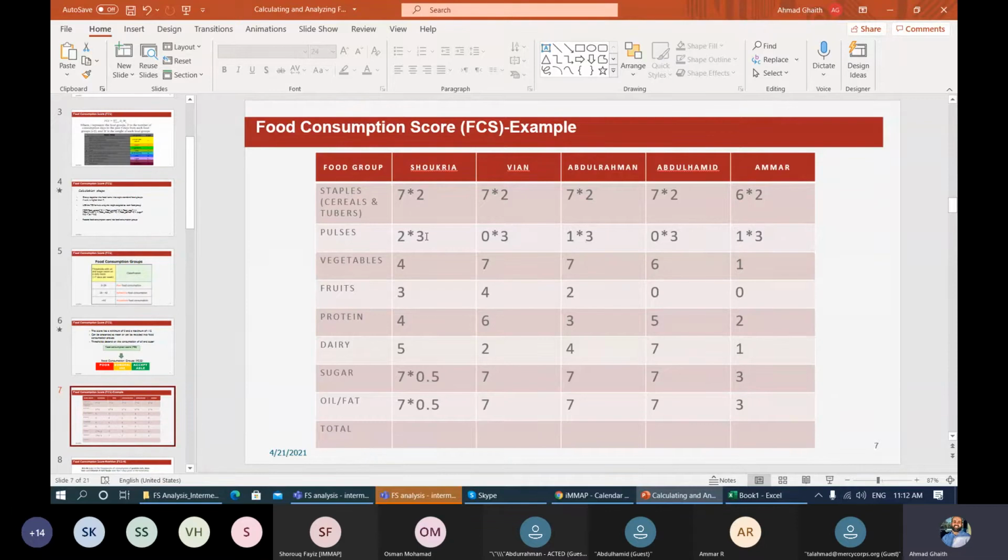And of course, you can get there many different ways, but I think a lot of times in emergencies, or in situations where access to food is not as good, we see that it's easier for families to acquire staples and pulses and also sugar and oil than it is to get vegetables, fruits, meats, dairy that are more expensive, maybe less easy to acquire, but the family has enough energy intake to be considered not in a poor consumption category. So, okay, we'll go on.